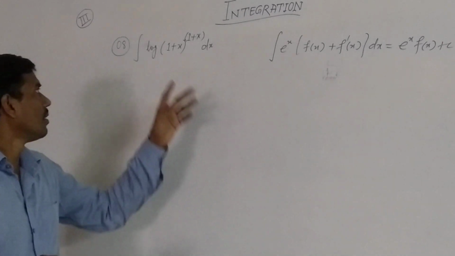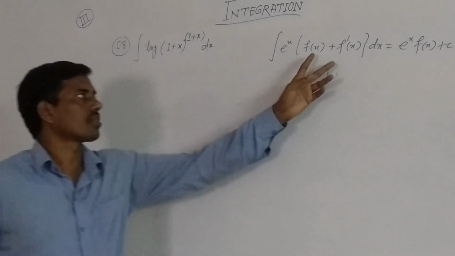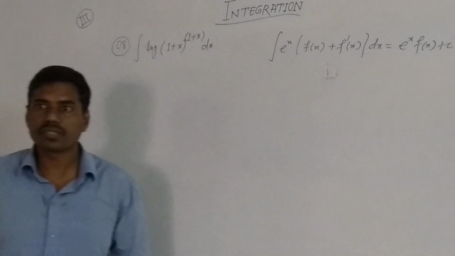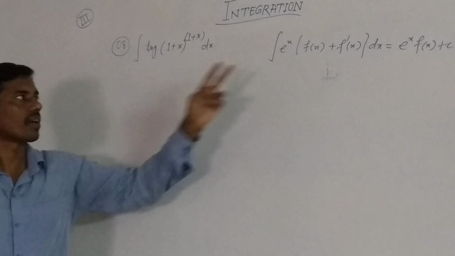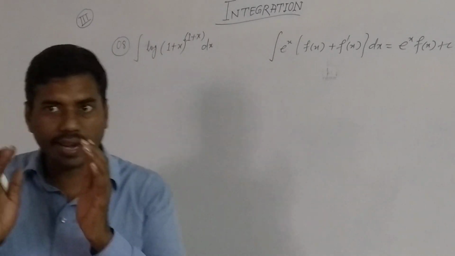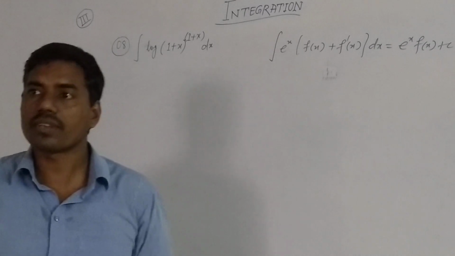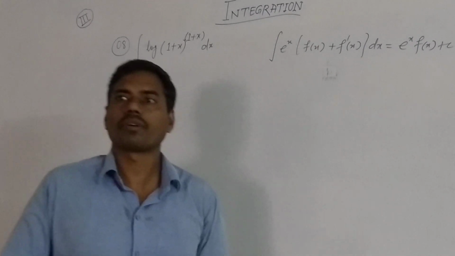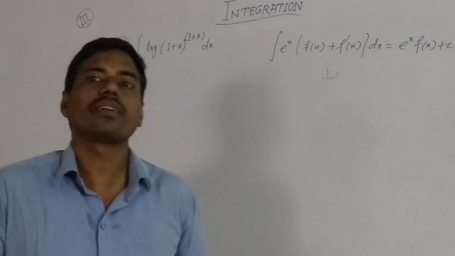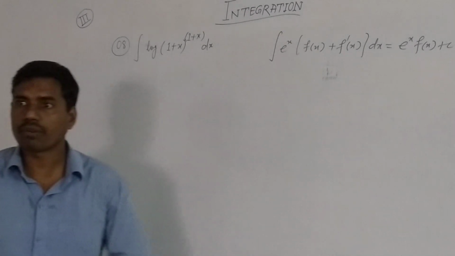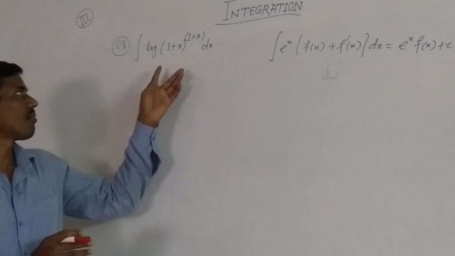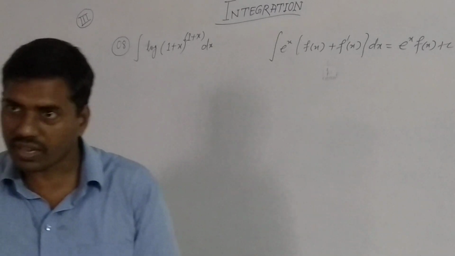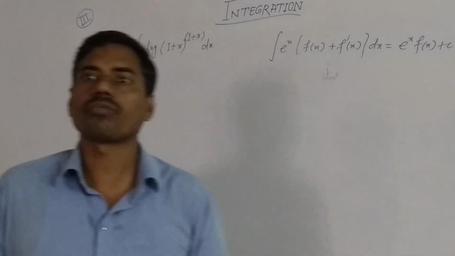But here there is no arrangement in this format. Here there is no e to the power x, and there is no addition of two functions in such a way that the second one or first one is the derivative of the first or second. There is no such arrangement. Then what do we have to do? Let us proceed to simplify the given question a little. After that we will see what we can do.